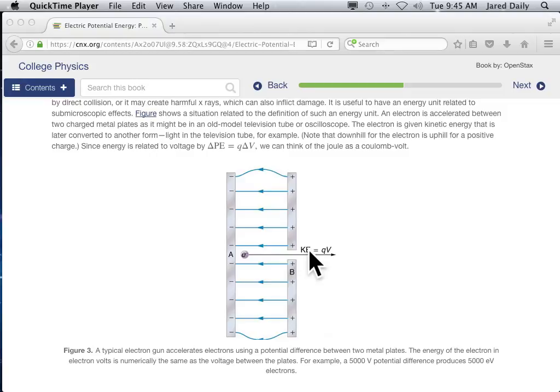Well, if the particles go completely across this potential, from one plate to the other, then they have gained all of that potential energy in kinetic energy. All of that potential has turned into kinetic energy for each charge that comes out. I could calculate the actual potential energy of each charge by plugging in the charge value, which is 1.6 times 10 to the minus 19 times 2, because there are 2 protons, and then multiply by that voltage. Or I could just say, well, I've got 100 volts, or 5,000 volts, or 20,000 volts from one plate